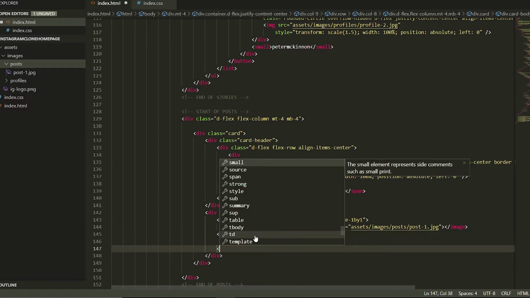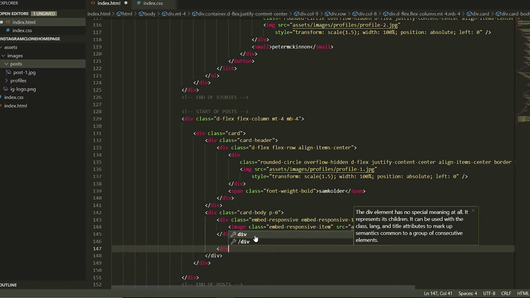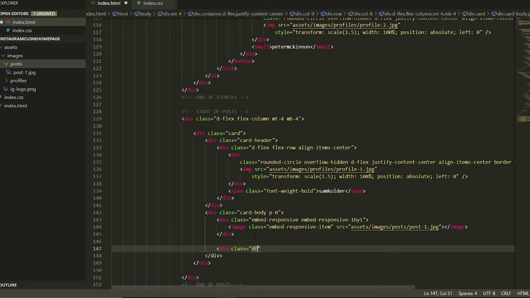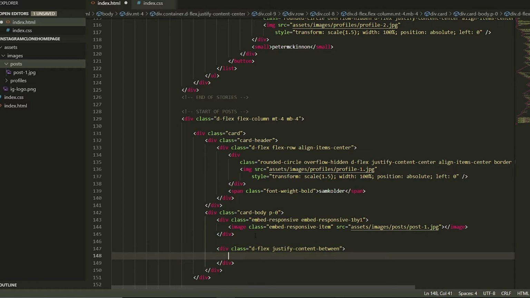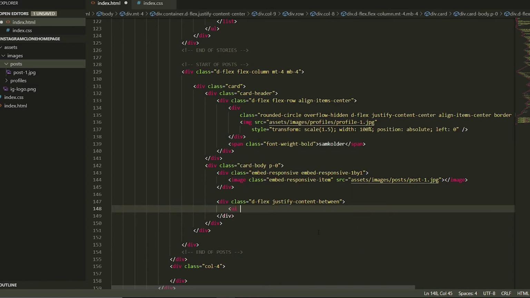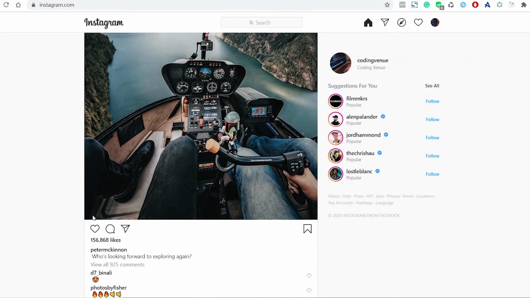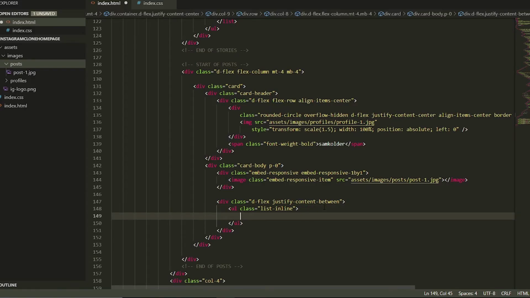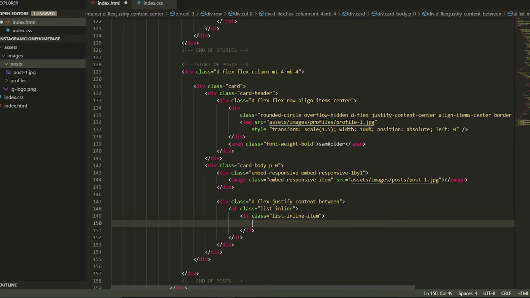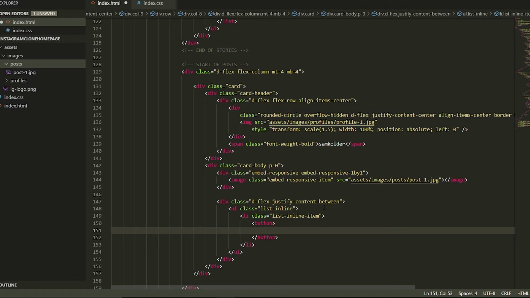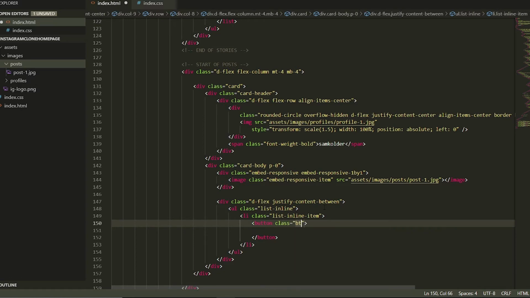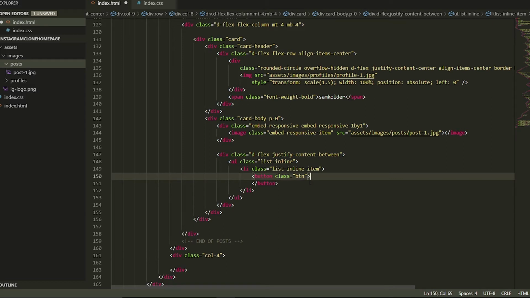So we are going to wrap that inside a div, and we are going to set the display to be flex, and we want to justify the content to be between. So justify content between. Well, that would be for now on this part. And here we want to have a list with the class of list inline, and this one is going to be for the buttons on the left side, this one right here. So we're going to create a list, and the class here is list inline item, and because these are buttons, we're just going to wrap it inside a button, and let's just add the class here, the button class,